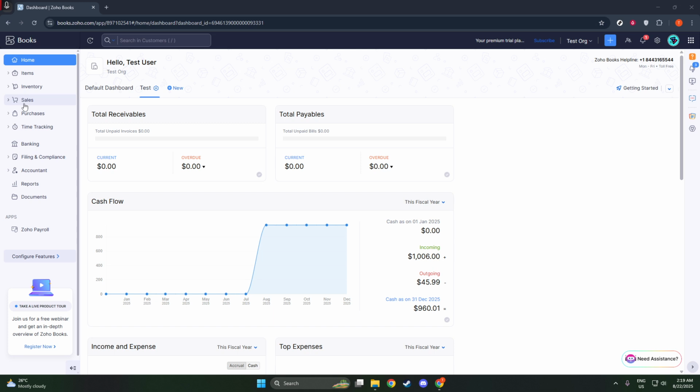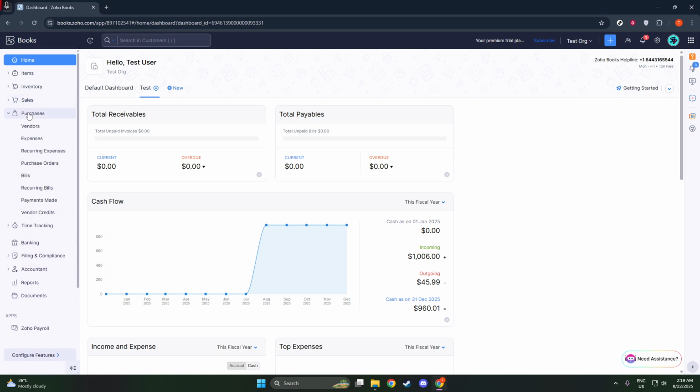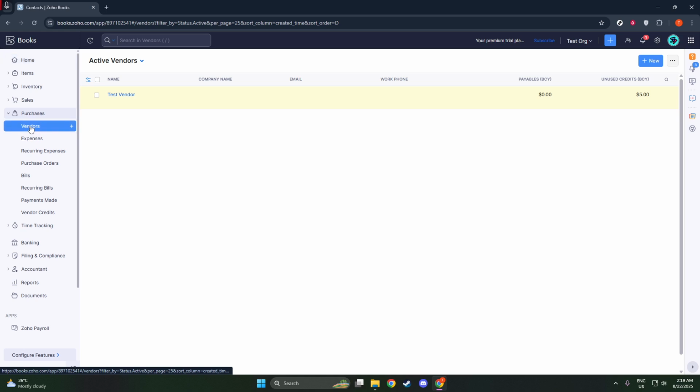What you're looking for is the Purchases section. Go ahead and click on it, and then you should see an option labeled Vendors. This will lead you to a list of all the vendors you've entered into your Zoho Books platform. This page is your hub for managing vendor relationships and handling all vendor-related transactions, so it's an important area to